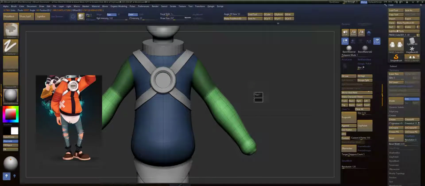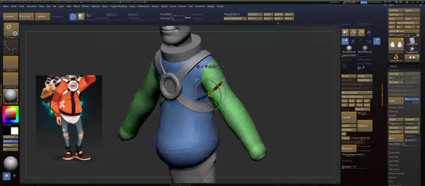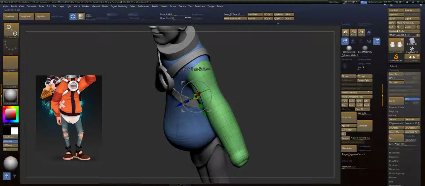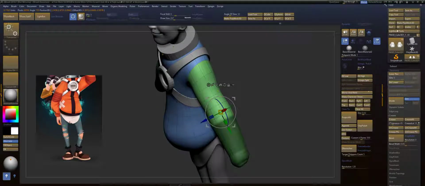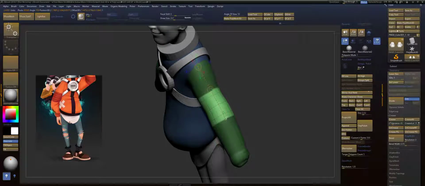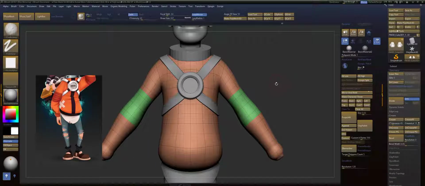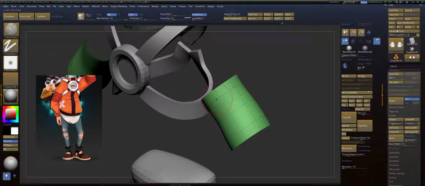Hate that doesn't do that. Let's see. Okay, so it's like mid bicep to the end of that. Well, right around there. It's gonna be the end of it. And roughly right there. We can polygroup that. We could just work on this, and for right now I'm just going to sketch this in